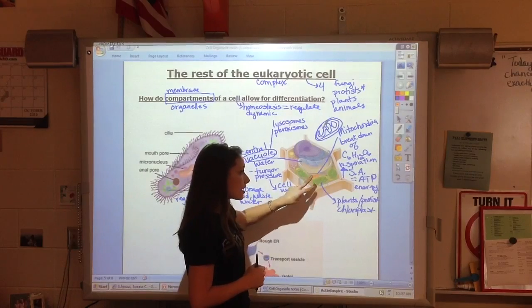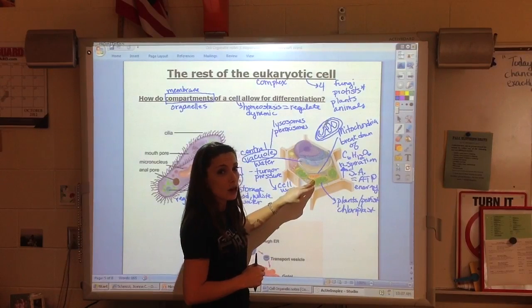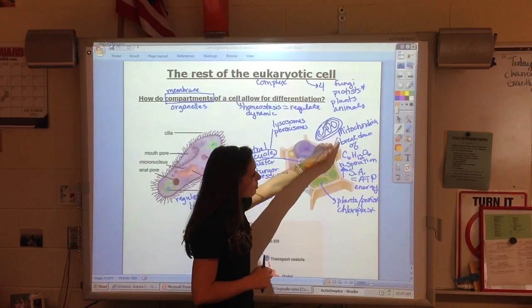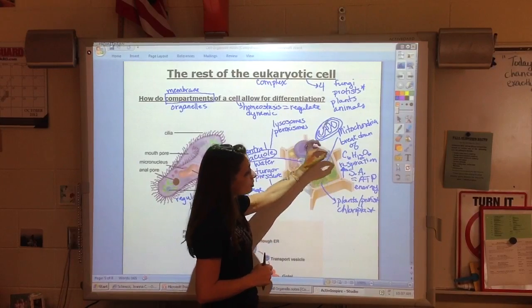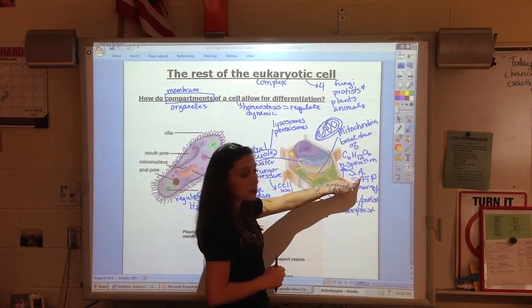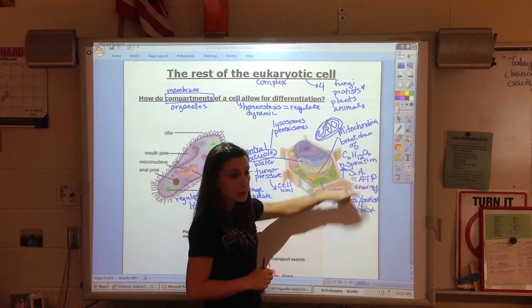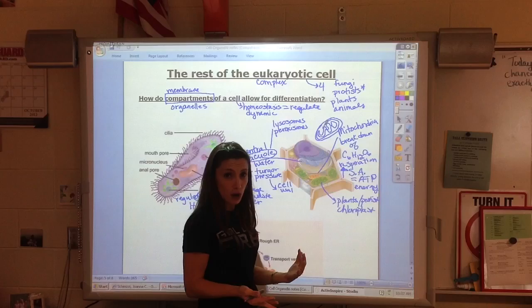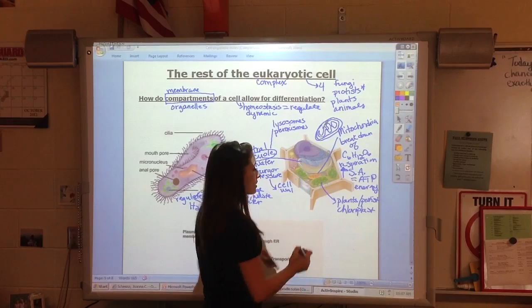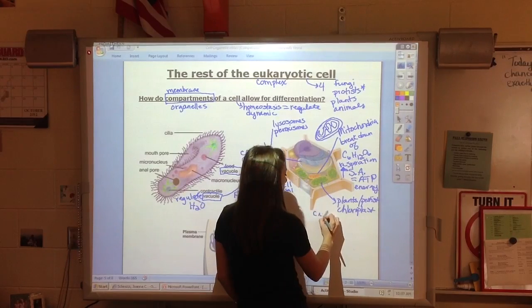They have a lot in common, but their jobs are very different. The mitochondria's job is to break down glucose, to take the energy in these bonds and put it into a different molecule, ATP. Plants and protists, or what we know as autotrophs, they're going to actually be capturing